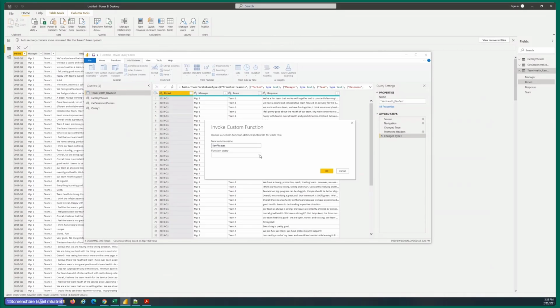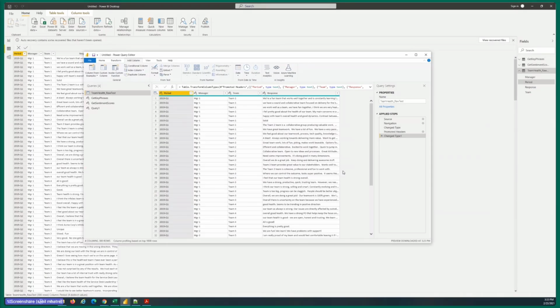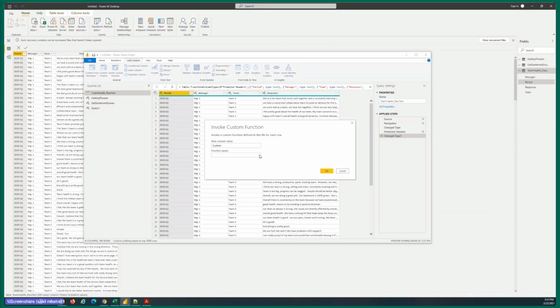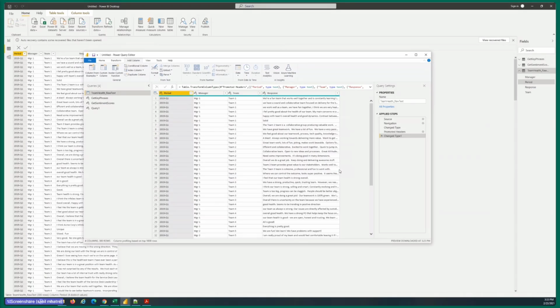And next, in the function query drop-down box, the drop-down box for some reason is disabled for me. Let's try this one more time. All right, looks like it doesn't really like me today.